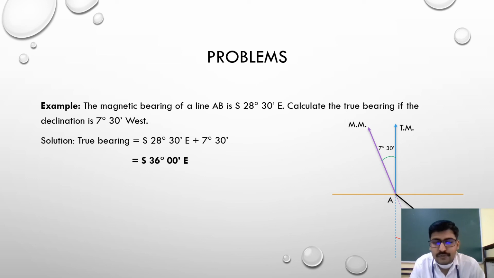If you want to solve the problems, one thing is necessary. You should know what is magnetic meridian, magnetic bearing, and you should know what is true meridian and true bearing. Unless you know the basic knowledge of these two, you will not be able to understand what the solution will be for that problem, or you will not be able to even understand the problem, right? So I request everyone to solve some more problems so that you can become familiar with such kind of problems. Such problems will be asked in your examination, right?